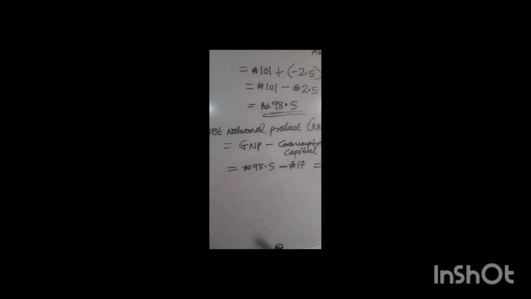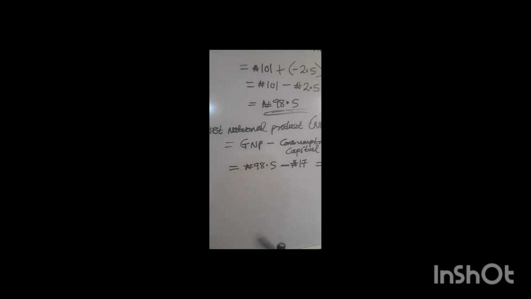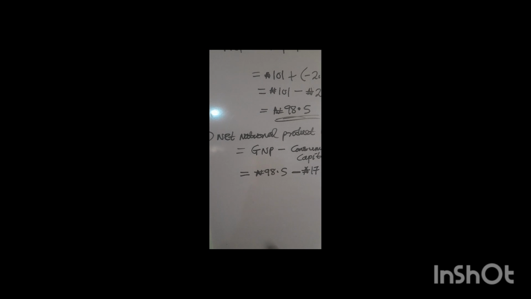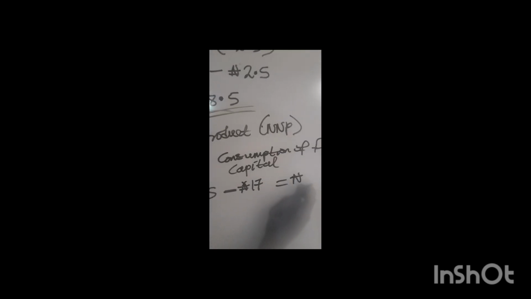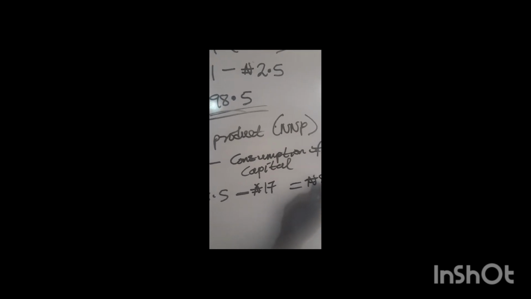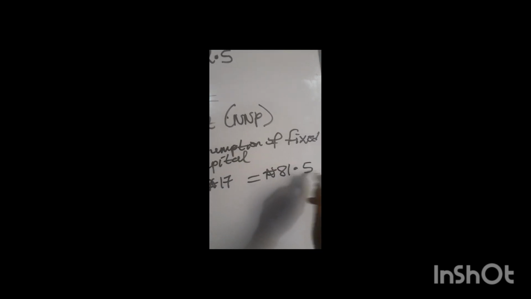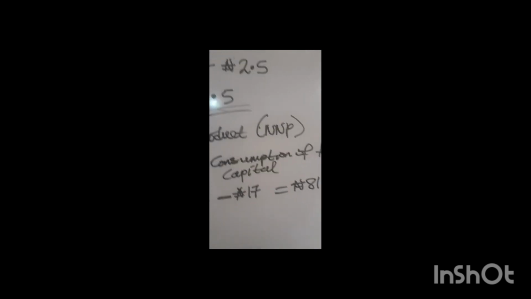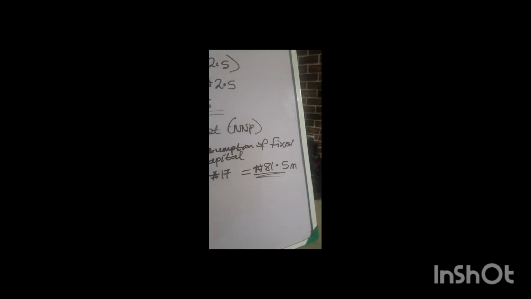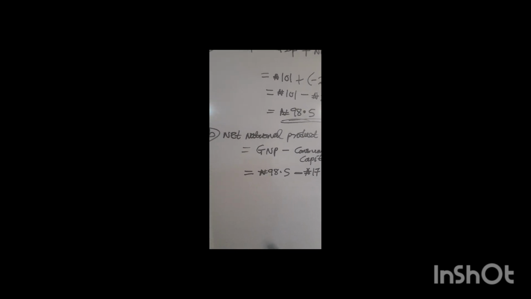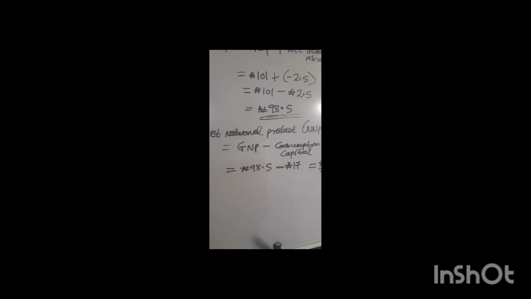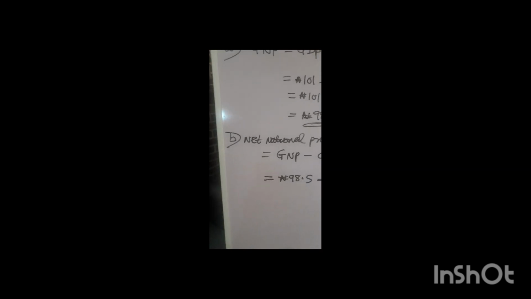So 98.5 minus 17 gives us 81.5 million. So 81.5 million gives us that value of net national product, NNP, which answers the B part of